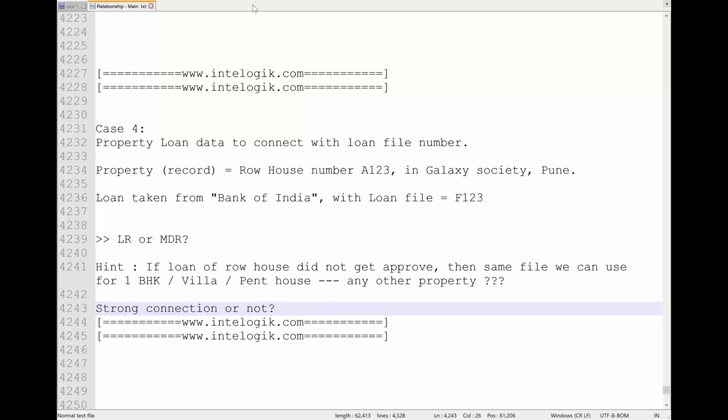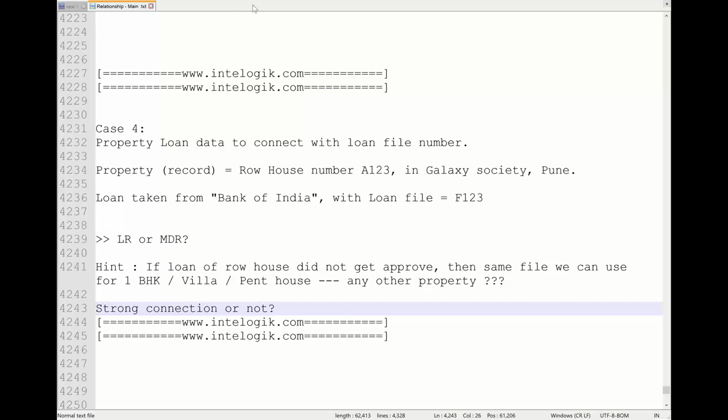Now tell me what is the answer. MDR. That's it. Because if you use one file for a loan application that is rejected, you have to come back with another file, another approach. Means strong connection. Means MDR. Plus, here I'm not talking about some 2-3 object scenario or 3-4 object scenario. So M2M not present. I'm not talking about connecting one employee to another user object. So HR not present. I'm not talking about records of same object.